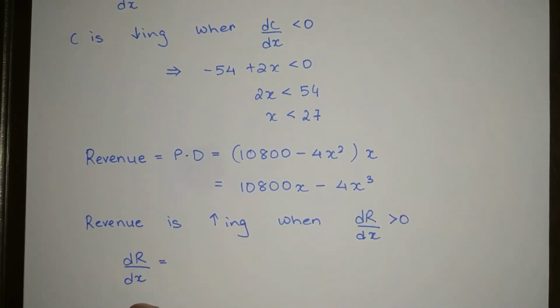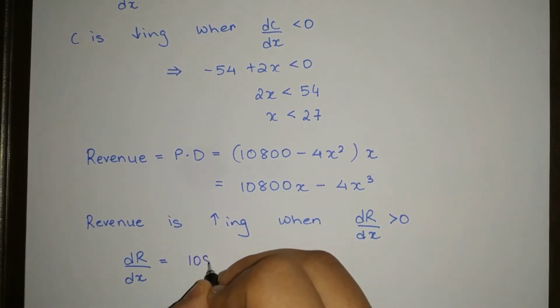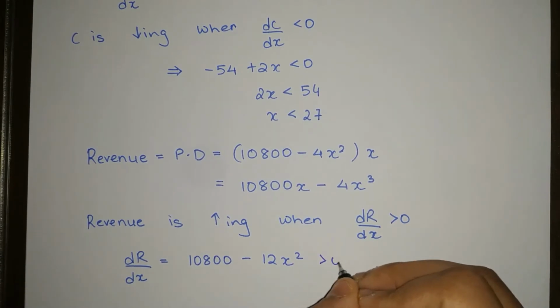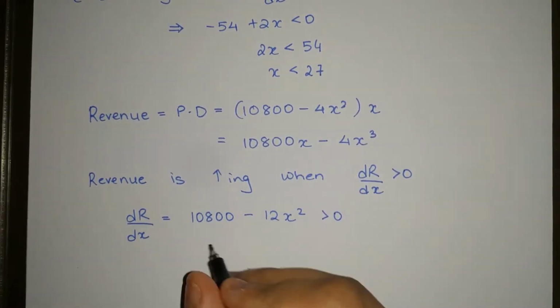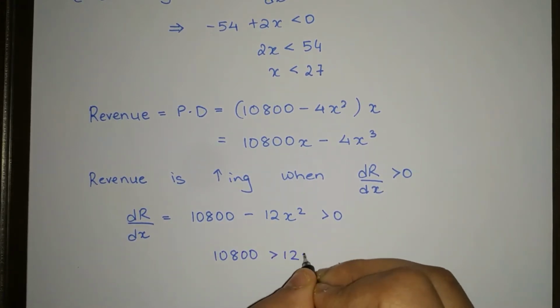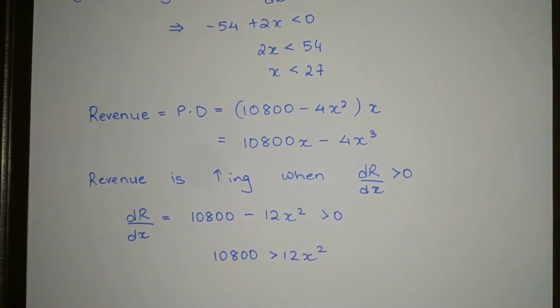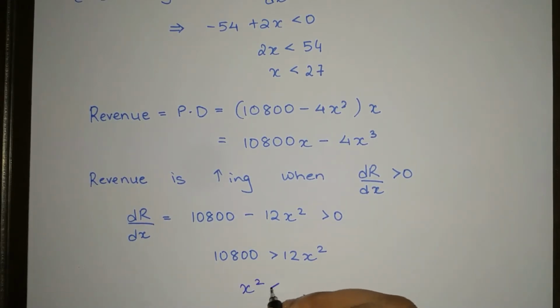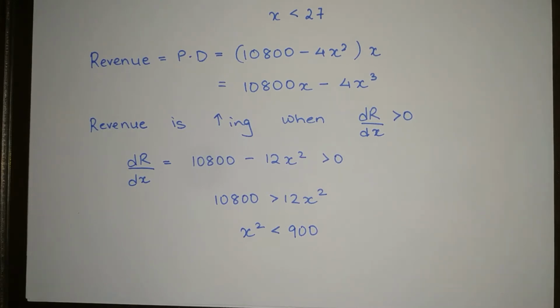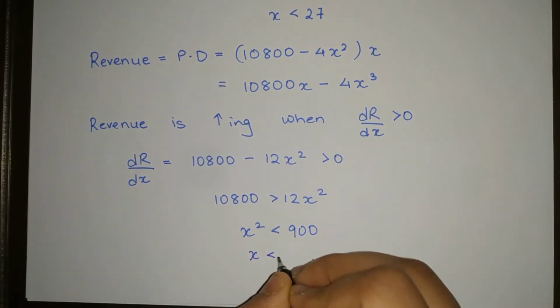So dr by dx को ढूंढना होगा first. So that is 10800 minus 12x square, which should be greater than 0. So therefore we have that 10800 is greater than 12x square, and on dividing by 12, I know that this is 9s are, so we have 900. So x square is lesser than 900 आ रहा है. ठीक है. अभी इसका स्क्वायर रूट अगर लेंगे और x का वैल्यू पॉजिटिव ही रह सकता है बिकॉज इट इज द नंबर ऑफ गुड्स. सो देयरफॉर x हैज टू बी लेसर देन 30.